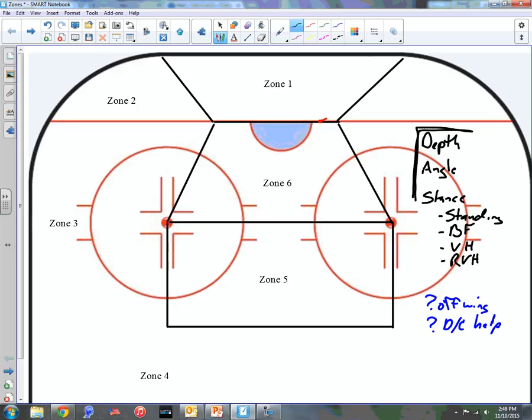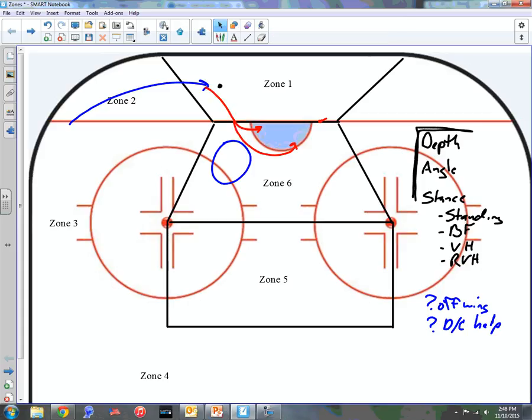Well, that changes slightly depending on what they do. So we've got a puck here, and now it gets here, but I have no help in this area. So now I have to worry about this jam play or this walk out front. So maybe instead of staying on my feet, I'm going to pick this RVH. I'm going to drop down with my right leg in this case. And then we have to answer the question, what kind of angle do you want? Do you want your back leg out, very vertical? Or do you want your back leg on this post, sticking straight into the middle of the net? Those are the type of questions we answer.